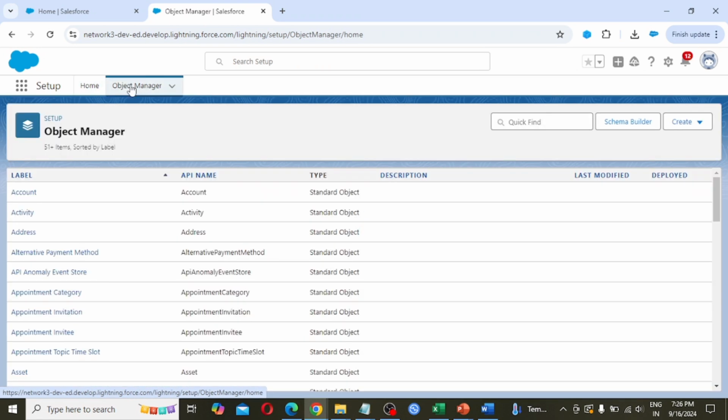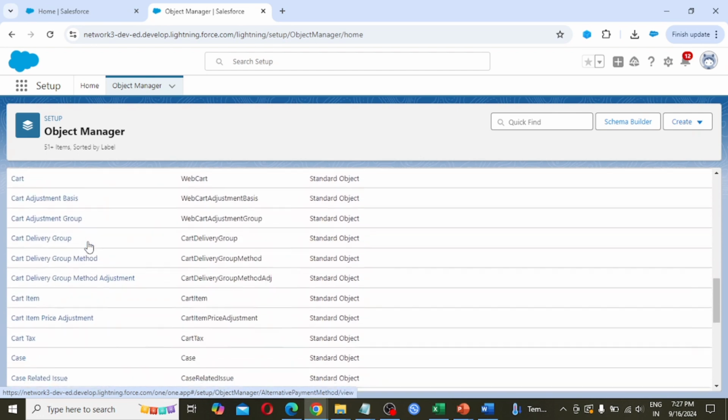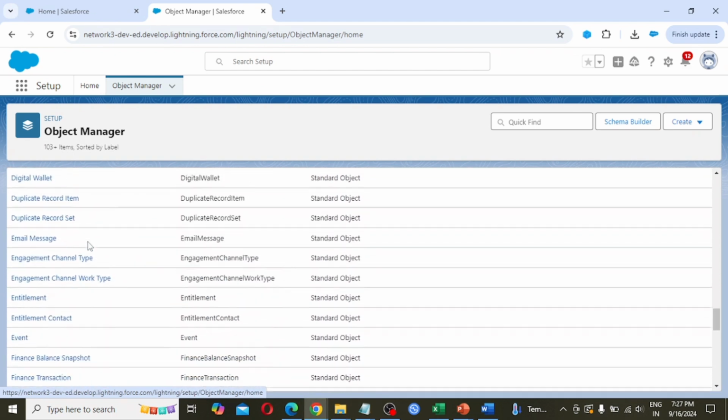Click on object manager. So what is object manager? We had already discussed that this is a table, and in different databases it is represented as a table, but in Salesforce we treat it as an object. Object manager holds all the objects in a single view. These are all the objects created by Salesforce and given to us.